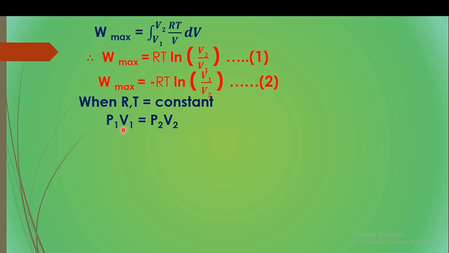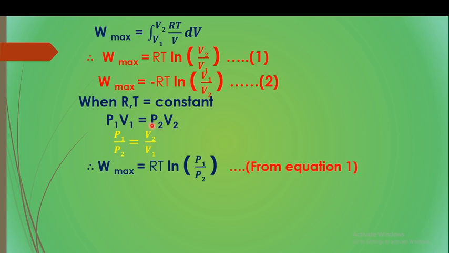Therefore, for the two conditions, that is initial and final conditions, P1 V1 is equal to P2 V2. Therefore, we can write P1 upon P2 is equal to V2 upon V1. For W max, what can we write? W max is equal to RT ln P1 upon P2 from equation 1, because V2 upon V1 is equal to P1 upon P2. Therefore, W max is equal to minus RT ln P2 upon P1,